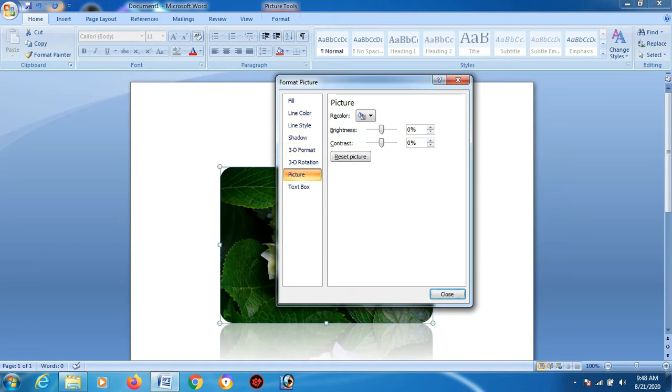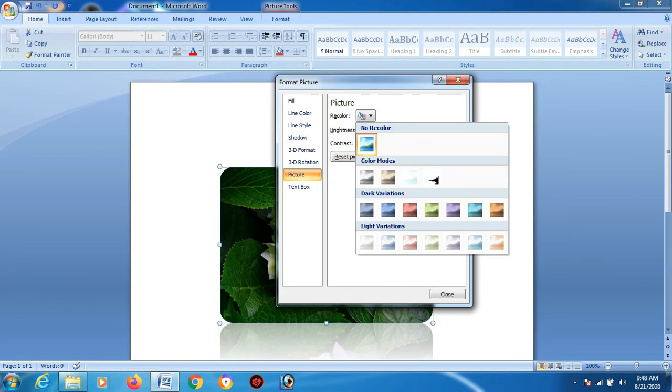You can increase the brightness, decrease the brightness, increase the contrast, decrease the contrast. You can even recolor your picture. Do not opt for this feature unless you have a very creative mind for pictures, because it just changes the whole color of the picture.